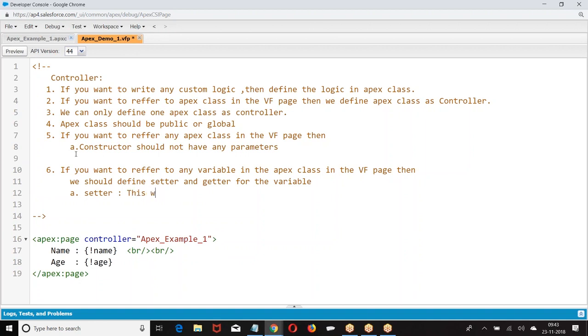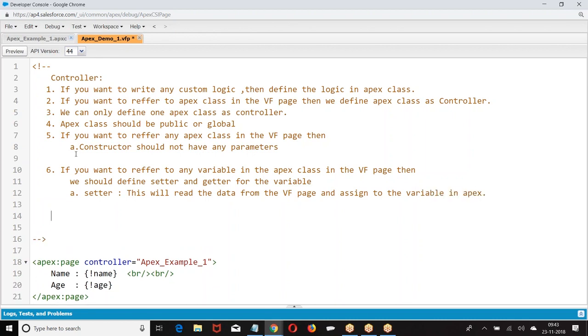This will read the data from the VF page and assign it to the variable in the class. Getter method.